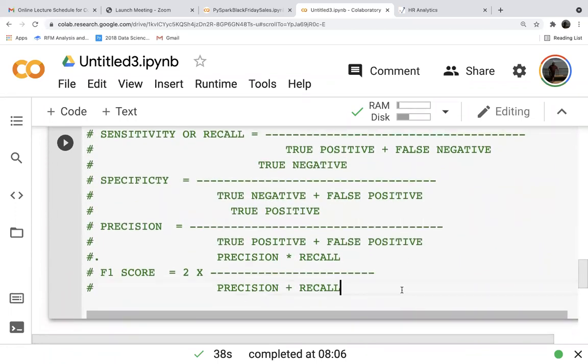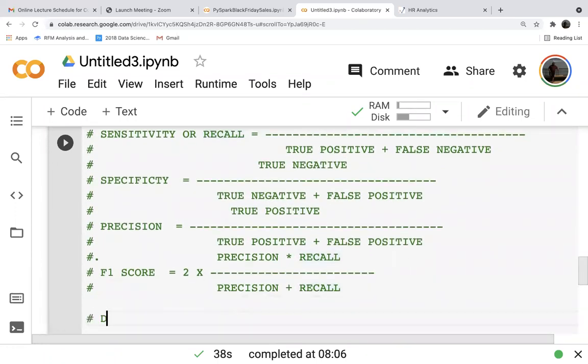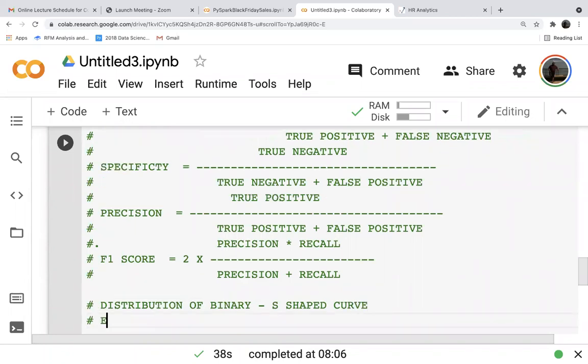If you are looking at the distribution, the distribution of binary is an S-shaped curve. And the methodology it uses is maximum likelihood estimate.